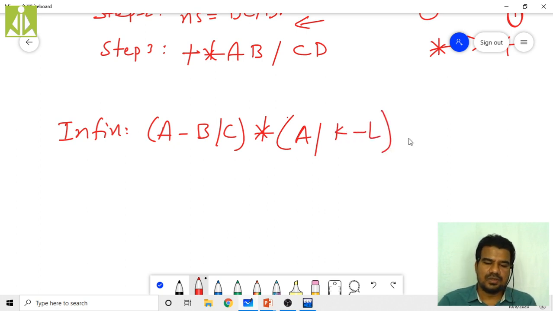Okay. So with this we have completed the conversion of infix expression into postfix expression also. The implementation I have given in the notes, you can follow. That we will not discuss because it will consume a lot of time, and moreover it is not that important. After this, the evaluation of postfix expression is very, very important, and it is a long answer question that we will do in our next video. Okay. Thank you, students.